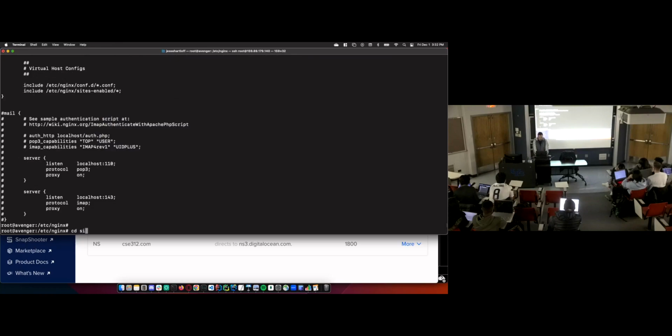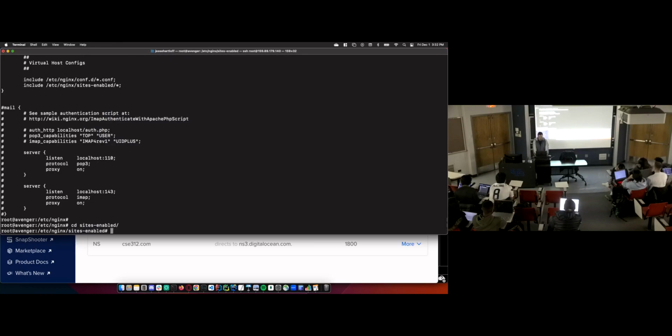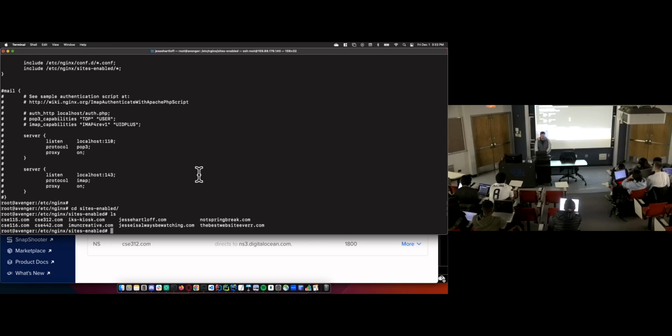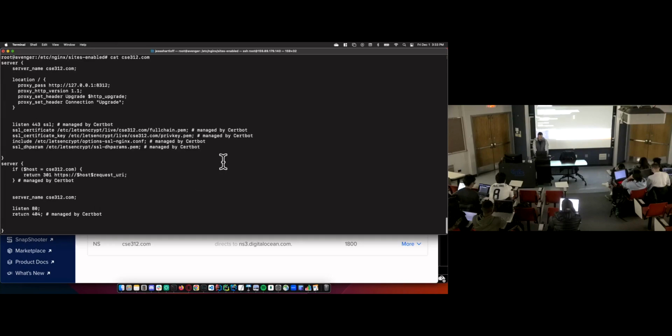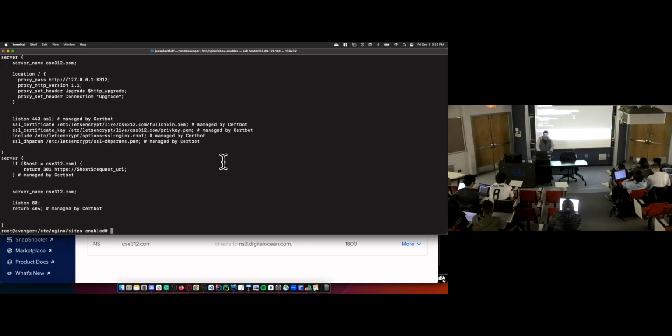So if we go into sites-enabled, I can see all my configuration for each site that I'm running, and they're all pretty much the same. But we'll pick on cse312.com here. And this is going to look very similar to what we had in the homework, but I wouldn't write all of this code. Install Nginx